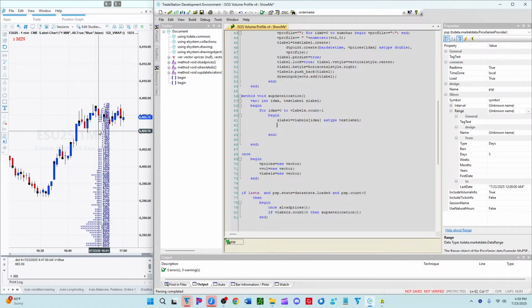Okay, so what do we want to do with this Z label? We just want to update the location. Set point value, and then we want to do a date time object, a DO point value, a date time point object. So we can just from here do a DTP.DT point dot create, and then we need the bar date time and the price. So the bar date time, let's see, we need one, and then we need the other one. Close that, and then close